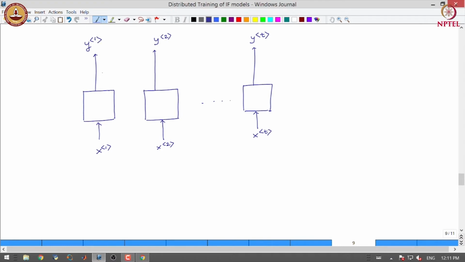And in addition to the input feature vector, we have a recurrent connection which is the output from the previous node, that is also used as an additional input for calculating the output.